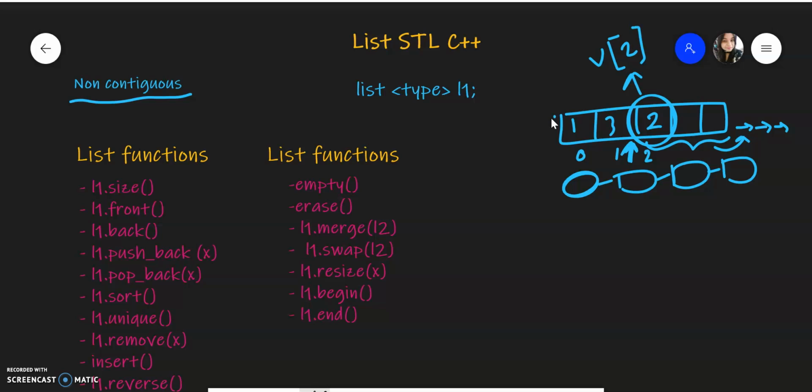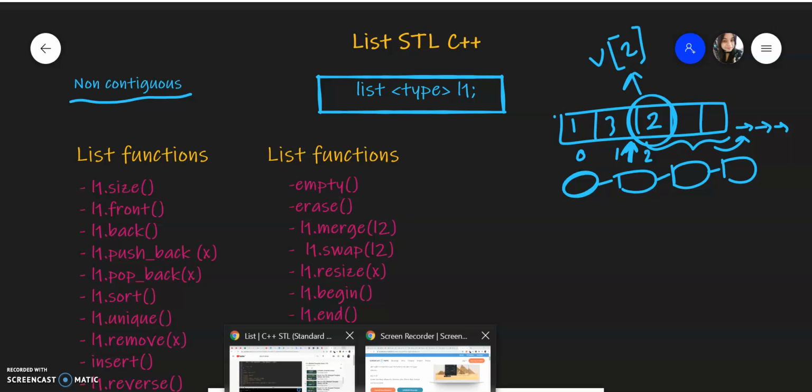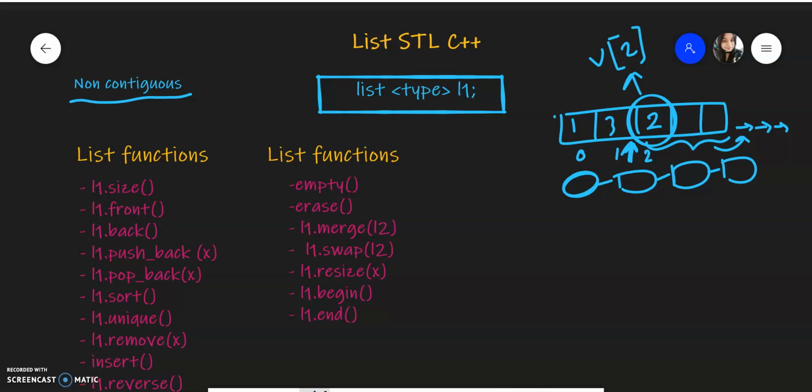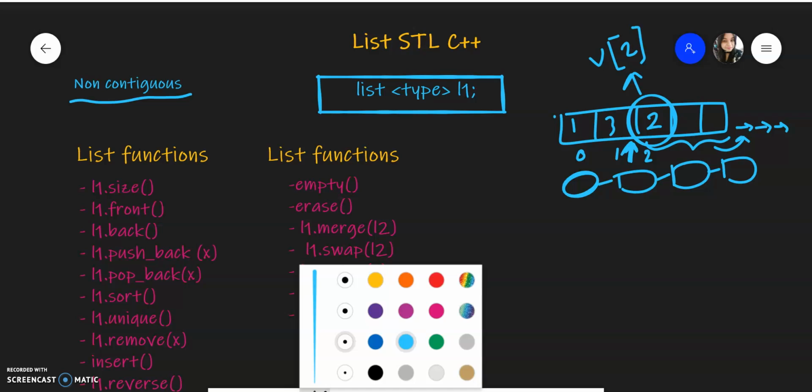Having introduced the topic, let's get into the common functions that are there. Most of them are common to the vector, but let's quickly go through it. The list declaration is also very similar. An empty list can be declared like this, where you just give the type and the list name.